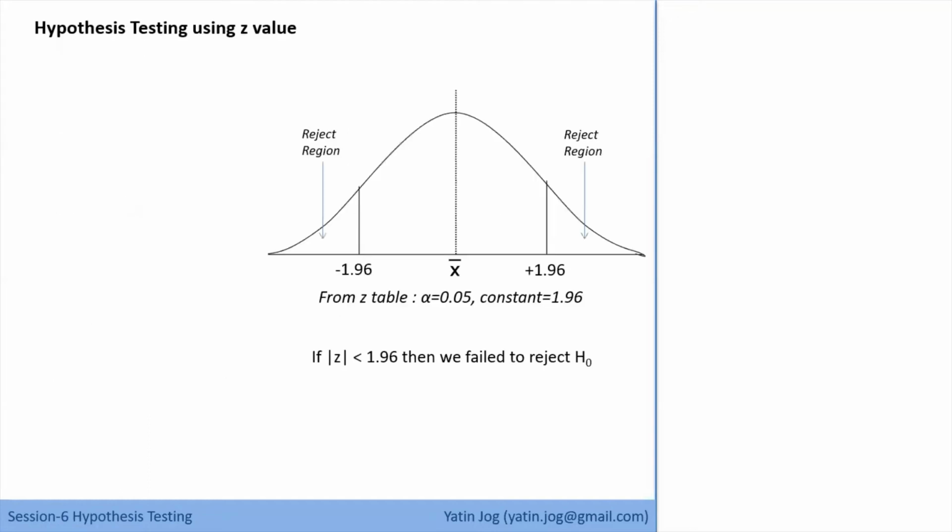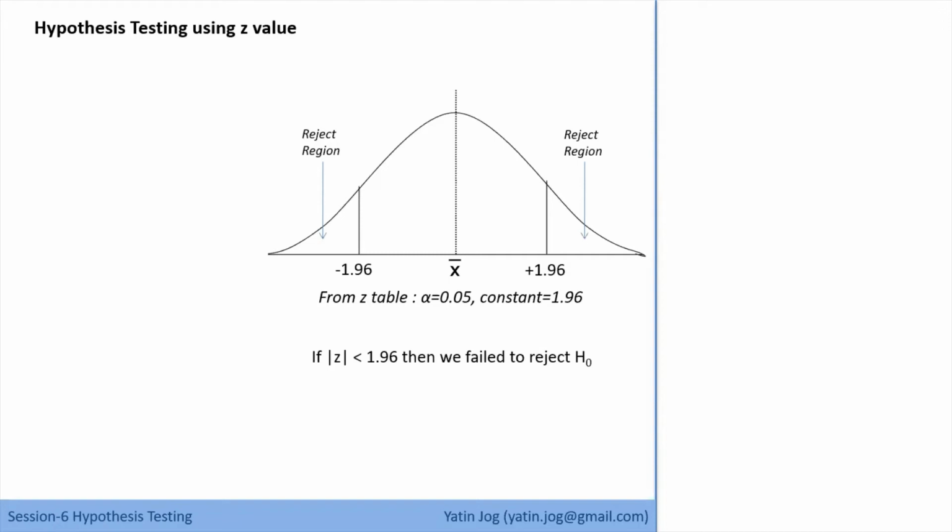Okay. Now we have finished with the first method, the interval estimation method. So you know how to calculate that interval and then how to accept or reject the hypothesis which you have formed based on your interval values. Now second, third and fourth, which are Z value, T value and P value, are point estimation methods, where we are talking about a single point to accept or reject the hypothesis. Now first is the Z value method.